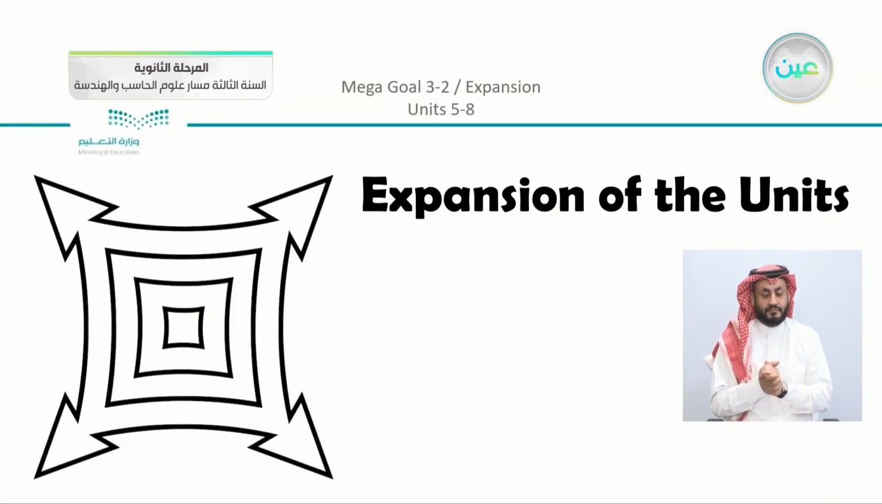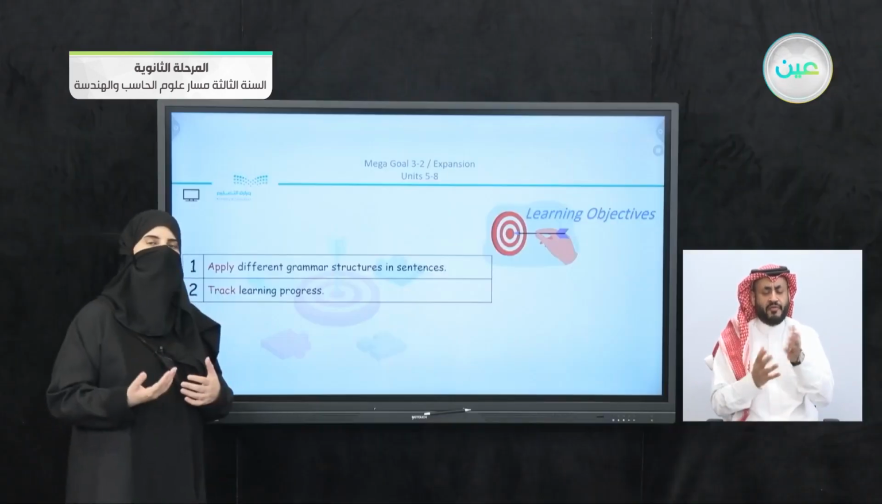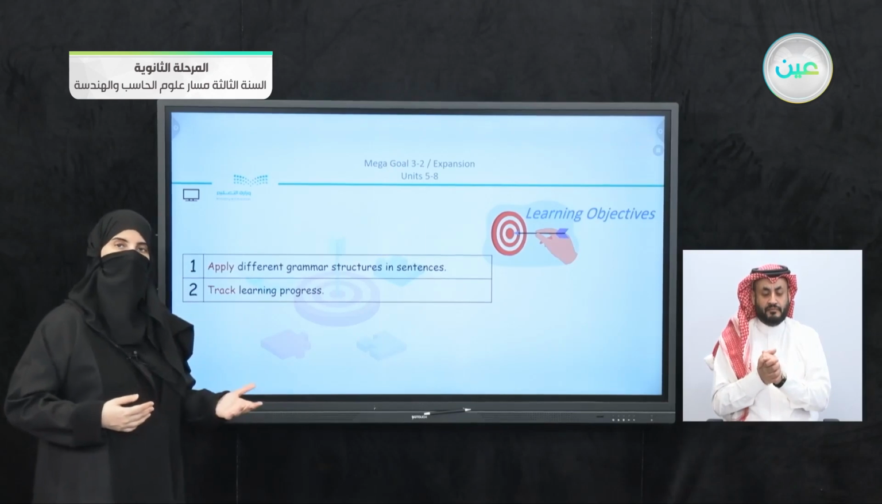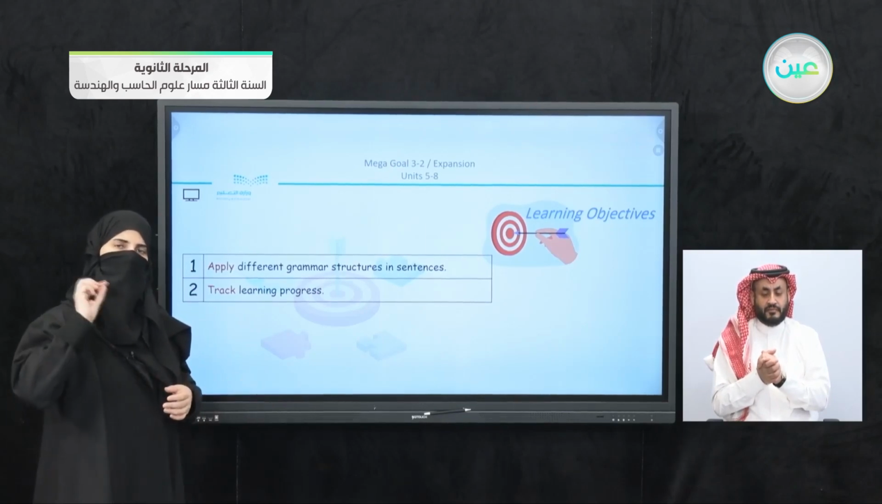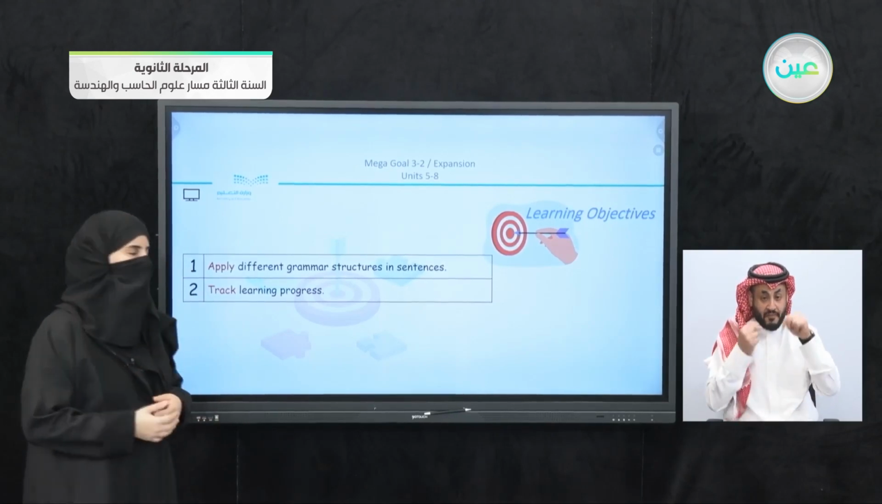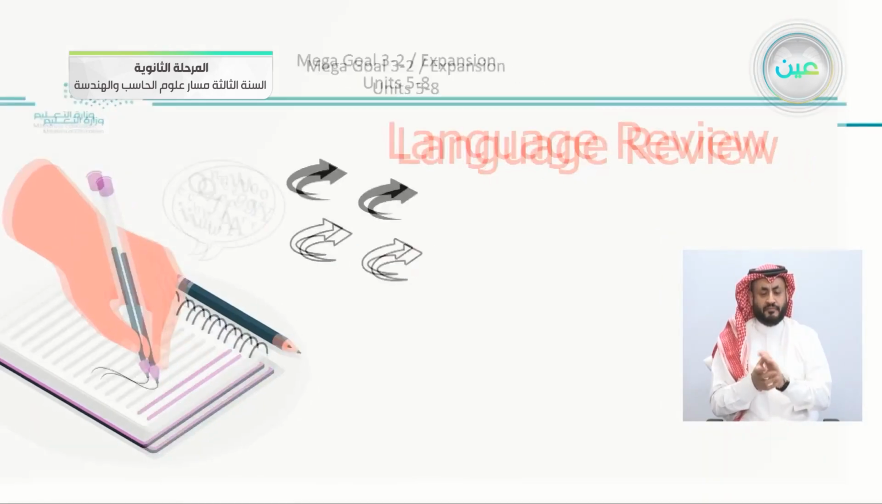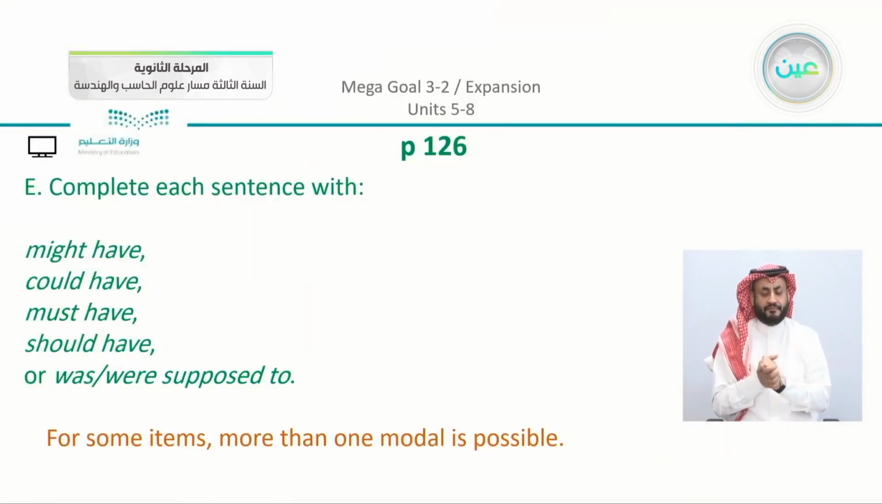Now completing our expansion of the units, we have our objectives: to apply different grammatical structures, so we are still in grammar in our pages, and we also have to track learning progress. So this is a chance for you to revise and recall what you studied throughout the semester, and go back to focus on the different parts that you must concentrate on more. So we are going to see what we have here in our language review. We have on page number